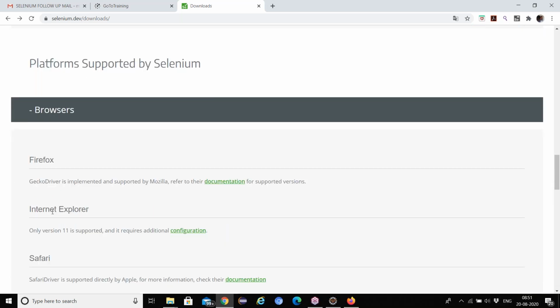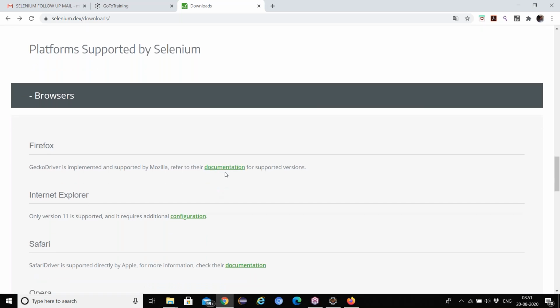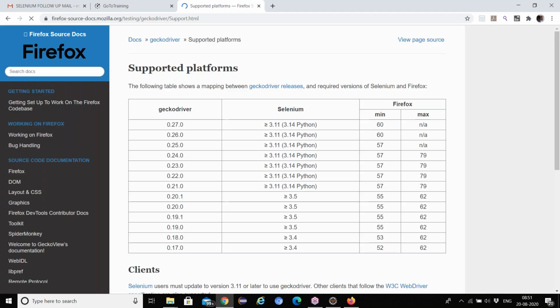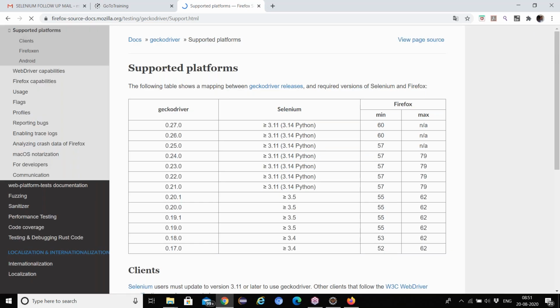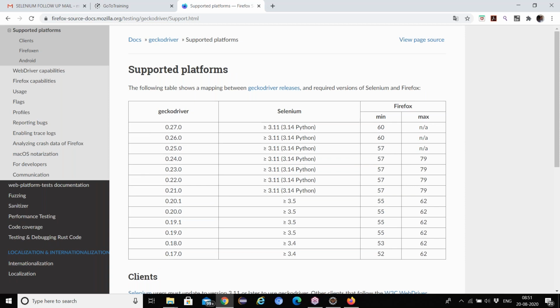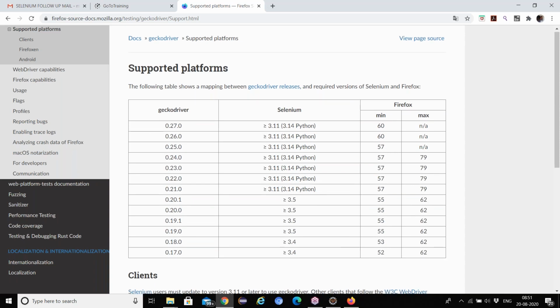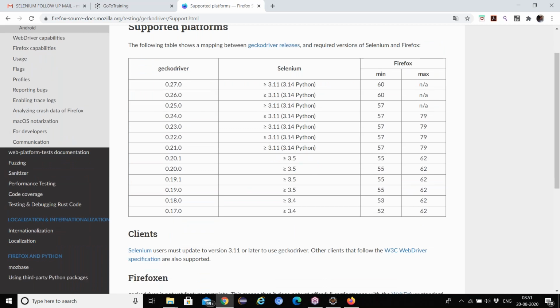So open the browsers section. Here, come down. For Firefox we call it the Gecko driver.